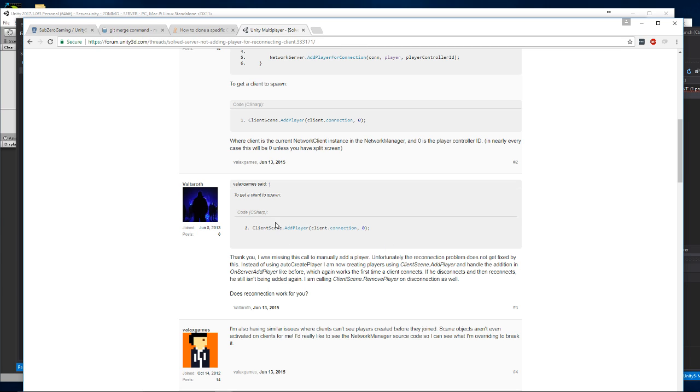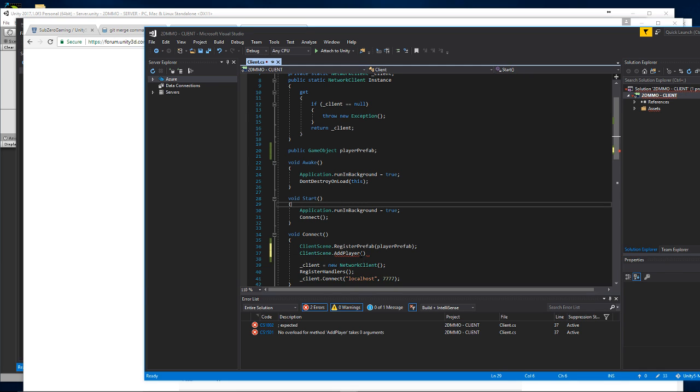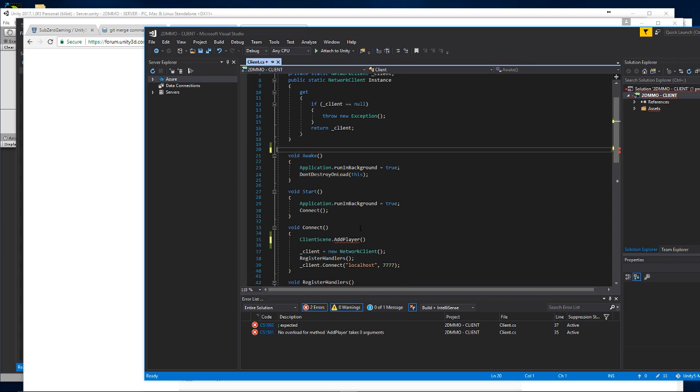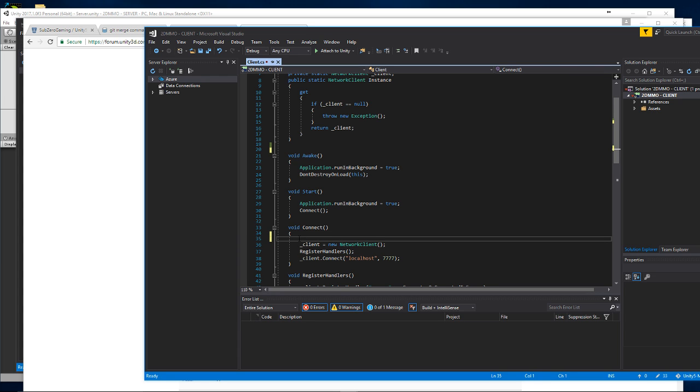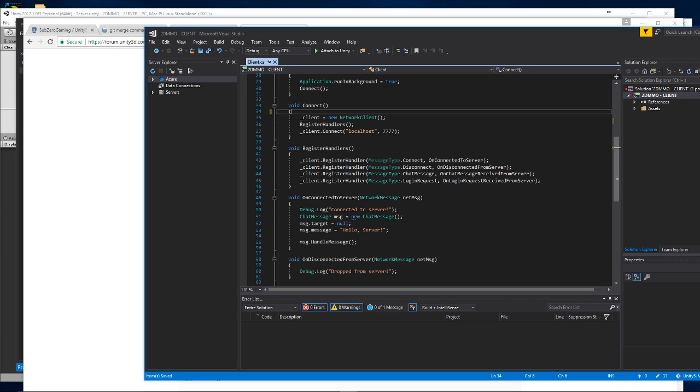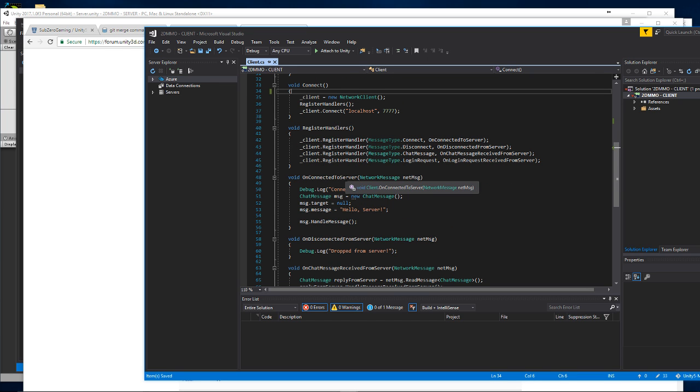Alright, so let's try that. Client scene add player. Alright, so this is really important here. So we're not going to do this. We're going to do that for other objects. We do want to call client scene.add player. However, we only want to do that upon a successful login. So on connected to server, on disconnected from server,